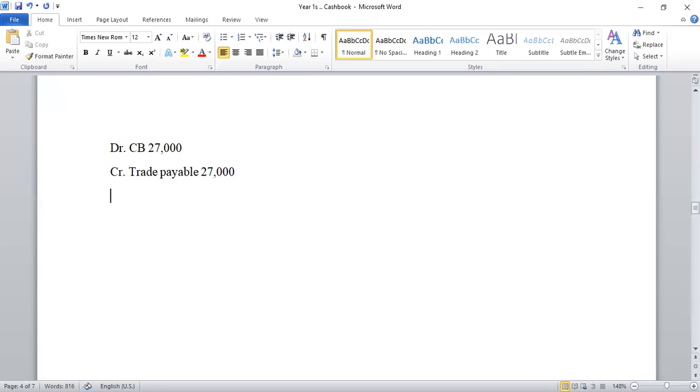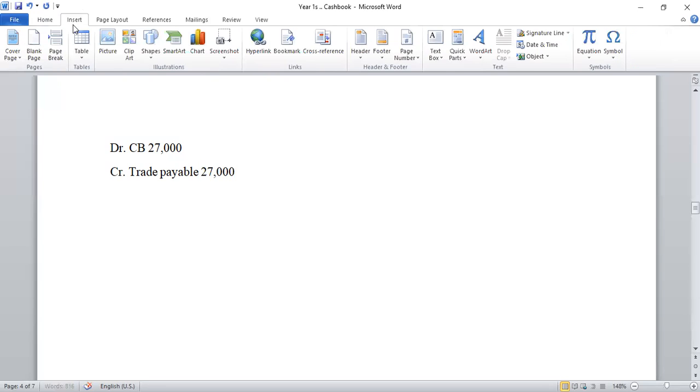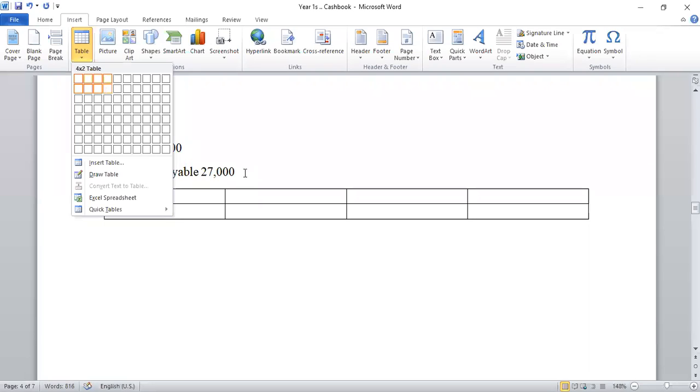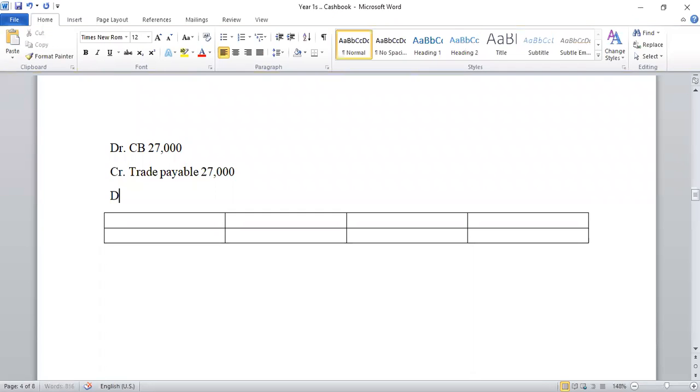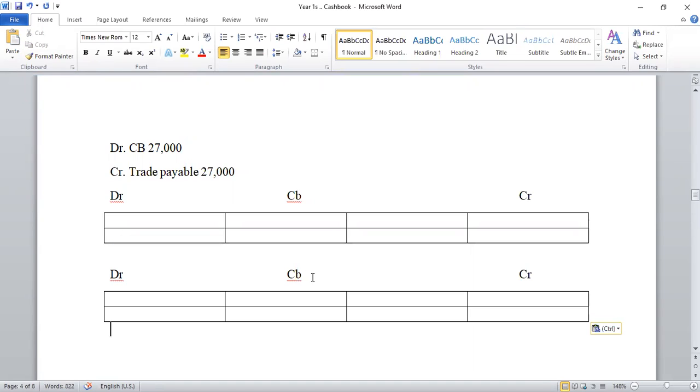If I may do the T account to reflect what has happened, maybe it can come out better. You can see how it looks. So if this is the cash book, debit side of the cash book, then we have the credit side. Then I can also draw the T account for the trade payables. I want to show you how those entries look so that you can have a better feel. So allow me to use TP for trade payables.